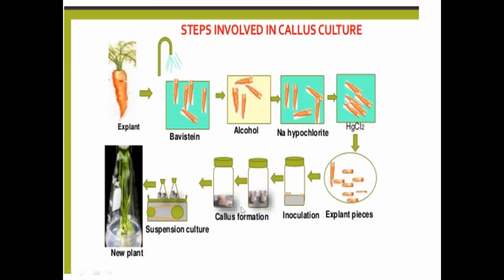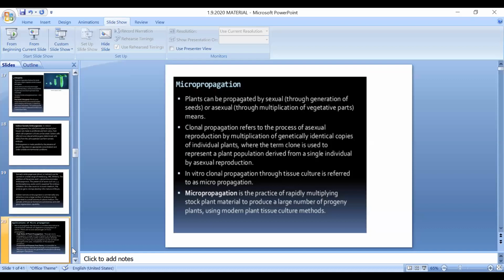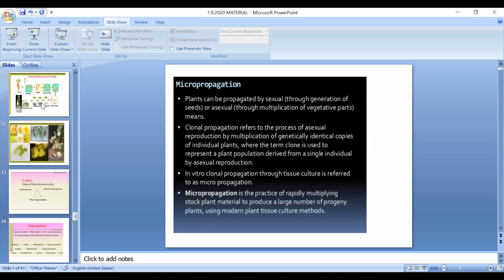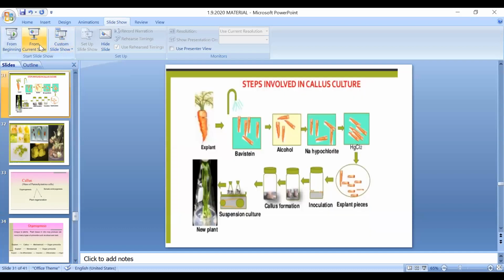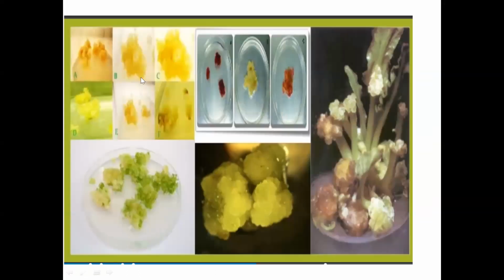So these are the basic aseptic features involved. You can use Bavistin or alcohol or hypochlorite. These are the aseptic conditions involved. And then inoculation, callus formation, suspension culture, new plant. This is briefly what the steps involved are. These are the pictures